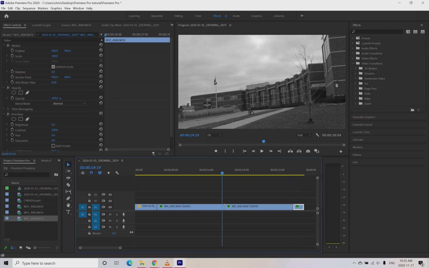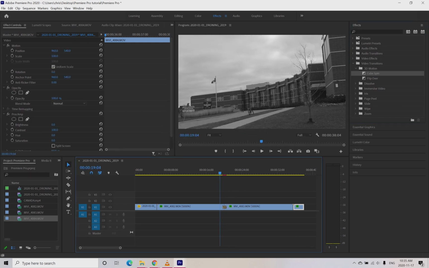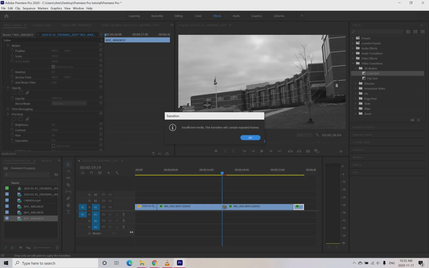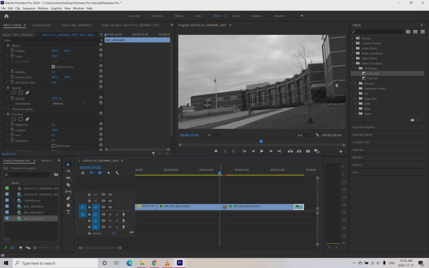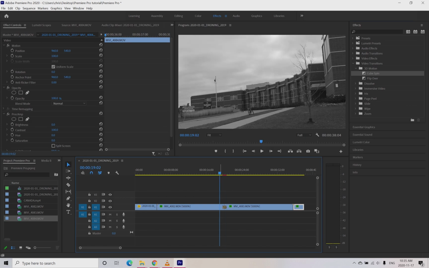3D. So I'm going to go to 3D motion, and then I'm going to go to cube spin, and then I drag it. There's an error there that comes up. It doesn't matter. It's still going to work. And I can see in between my 2 clips that I do have that effect. So then what I'm going to do is I'm just going to play it, and you should see that everything is working, and